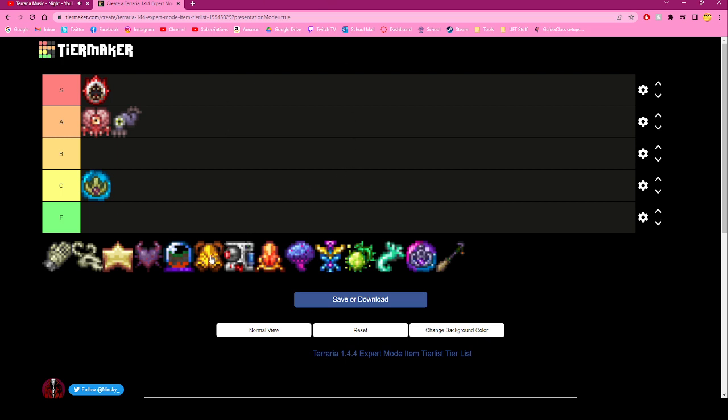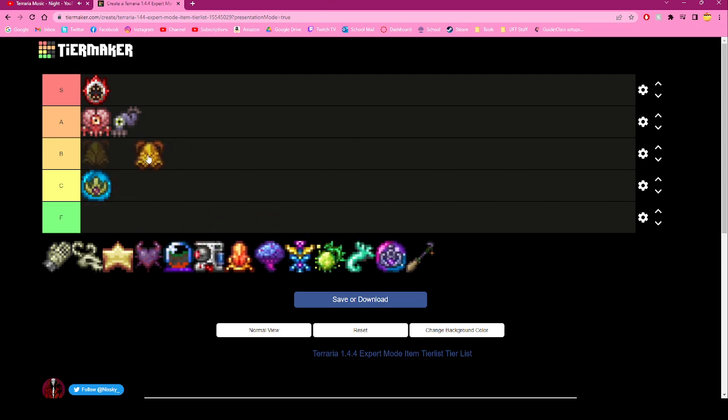Okay, Queen Bee's killed next. Hive Pack. I think I put this in B tier. This thing's kind of underrated, honestly. It increases the power of bees. That includes like Bee Nade,